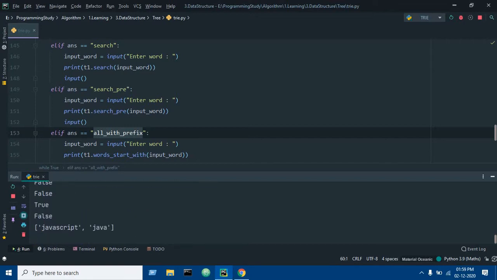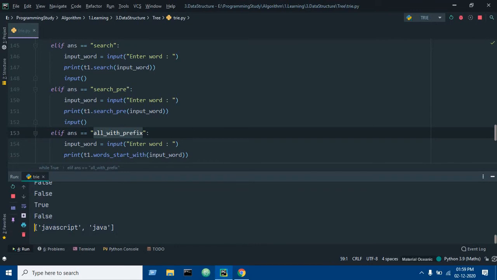Now at last we get that JavaScript and Java are the words which have Ja in it, and these are only for testing purposes, so you can understand how the recursion works. Here my program goes from Ja to V, then A, then S, C. It only shows how the program works. The end result is here.